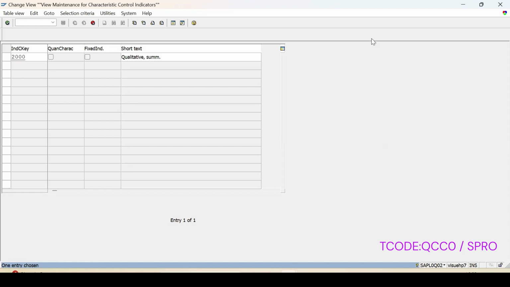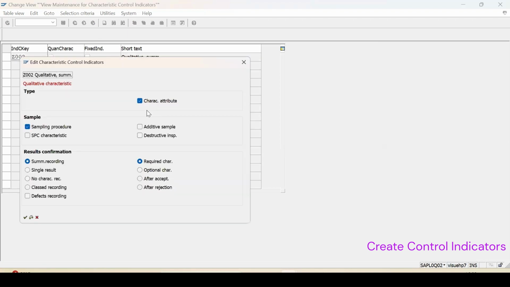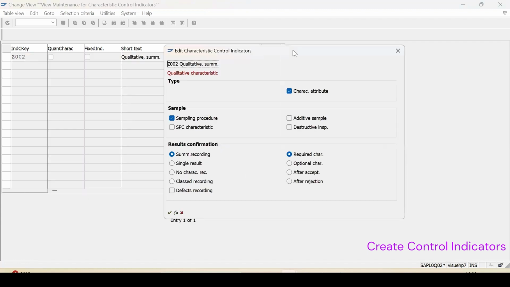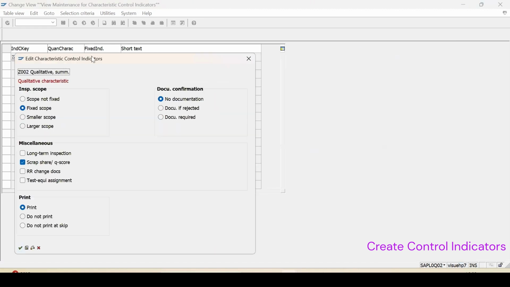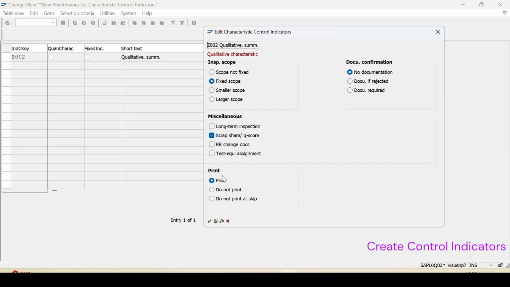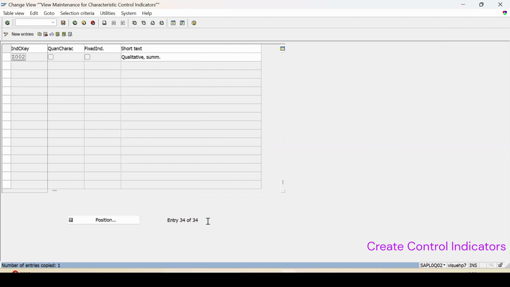So suppose I enter, say, Z002, okay, and then press enter key. So here you can see it is giving me this pop-up, what all controls you want to check. I can select out of it already. Qualitative MIC was mentioned, and summarized recording. If I want to make any changes here, like if I want to add defect recording also in this, continue. And here also, if I want to make the changes, document if rejected, and then continue, and then click on